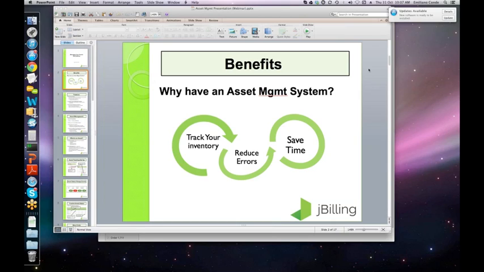Is it blue or red? Is it a used one or a new one? Is it big or small? The brand, the serial number, and so on. We would not have any idea of that. So this is where asset management comes